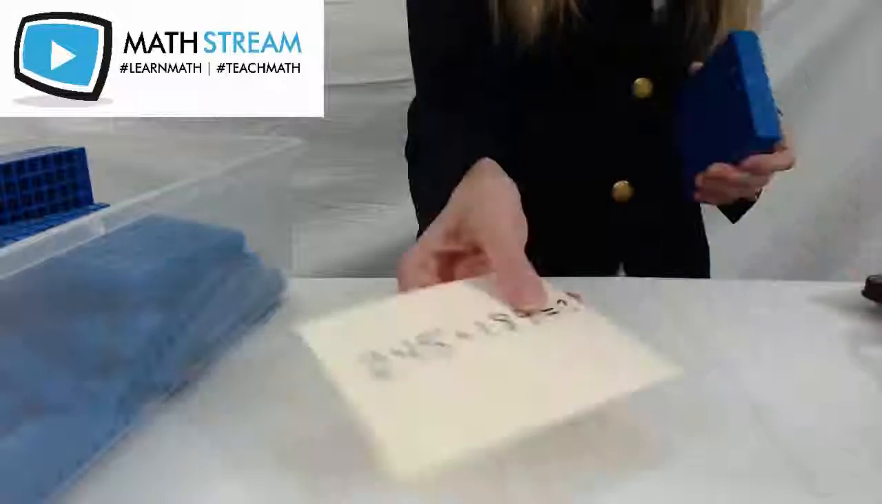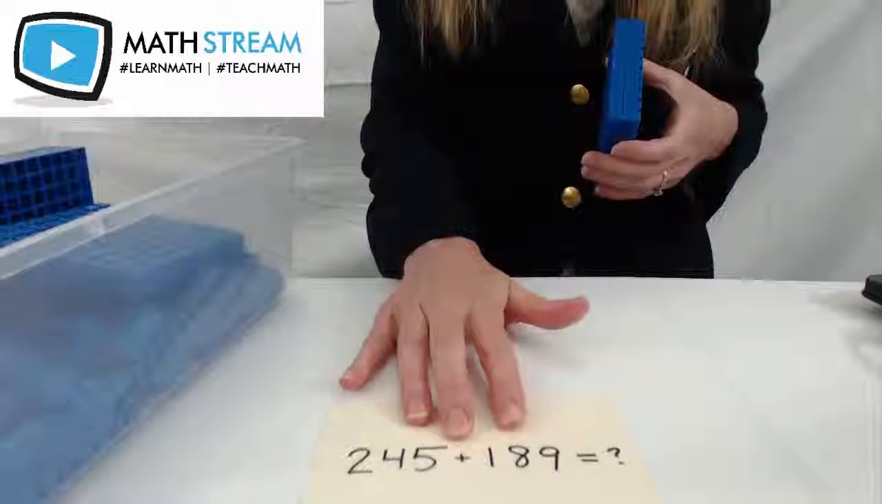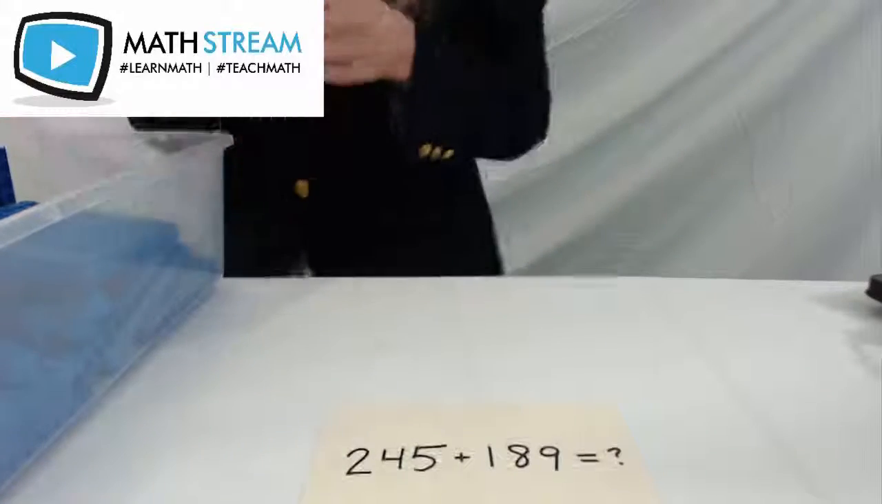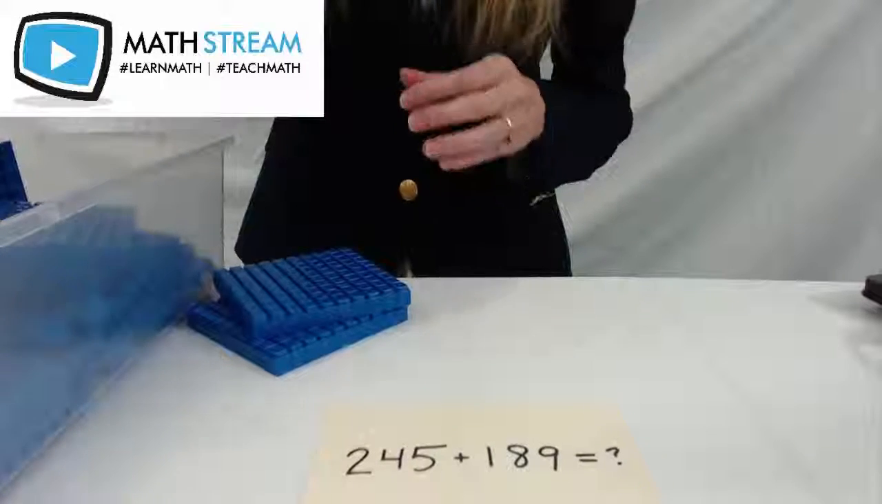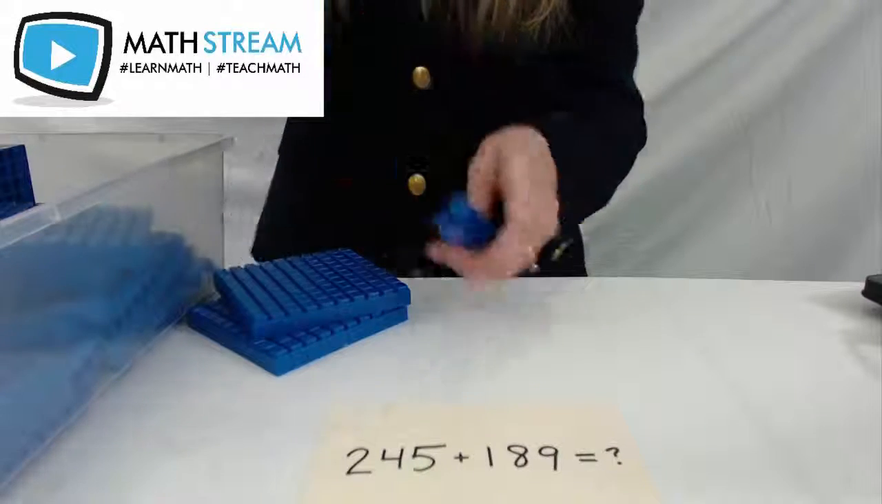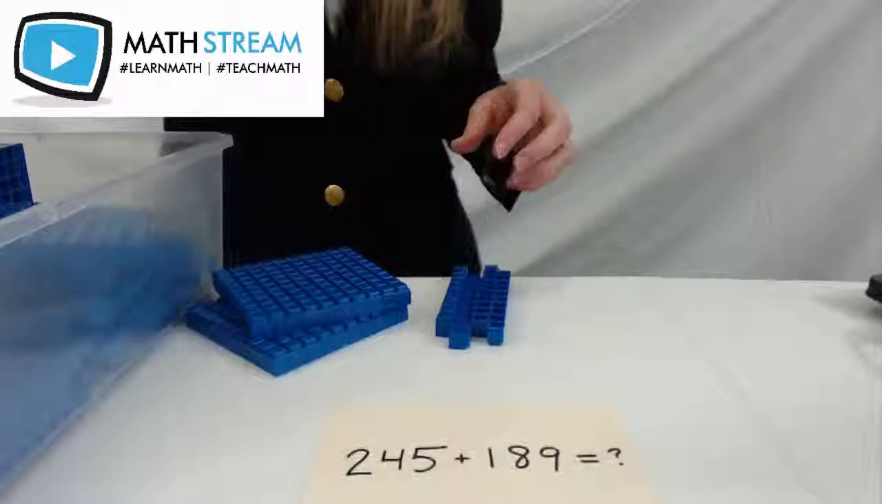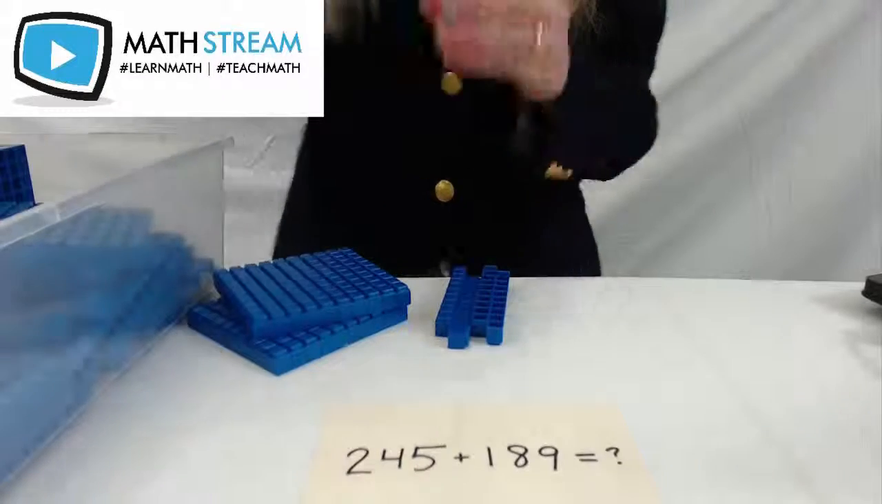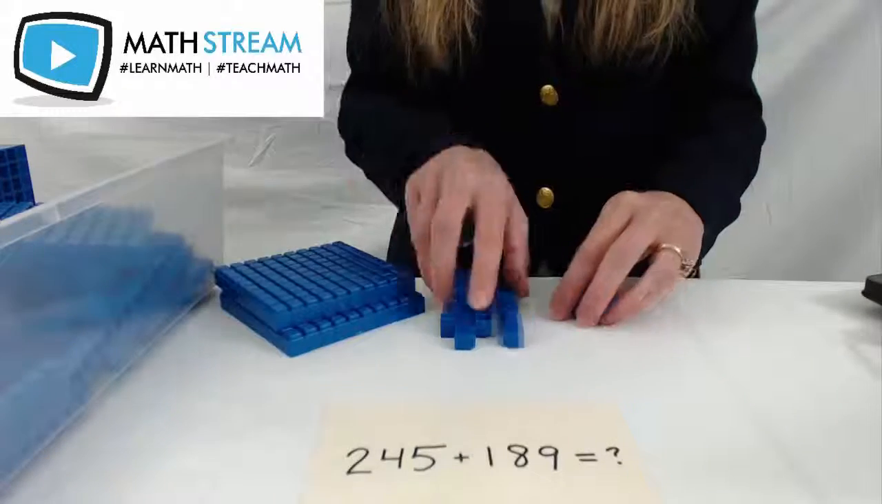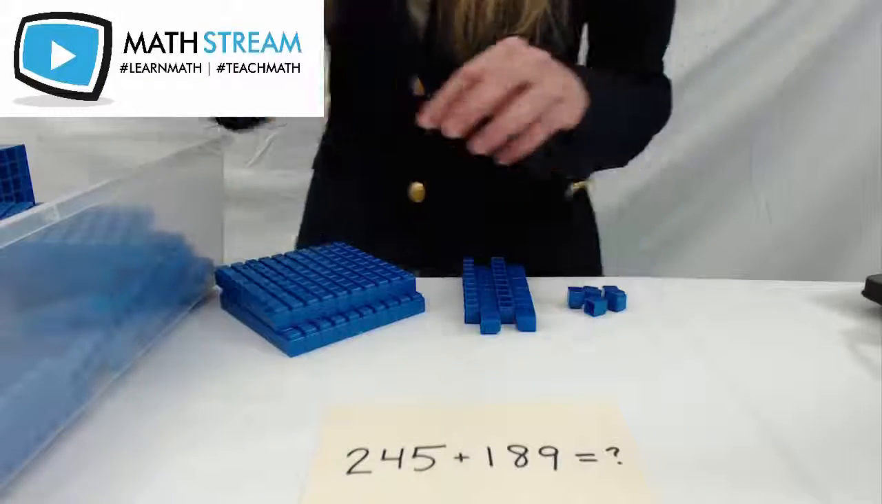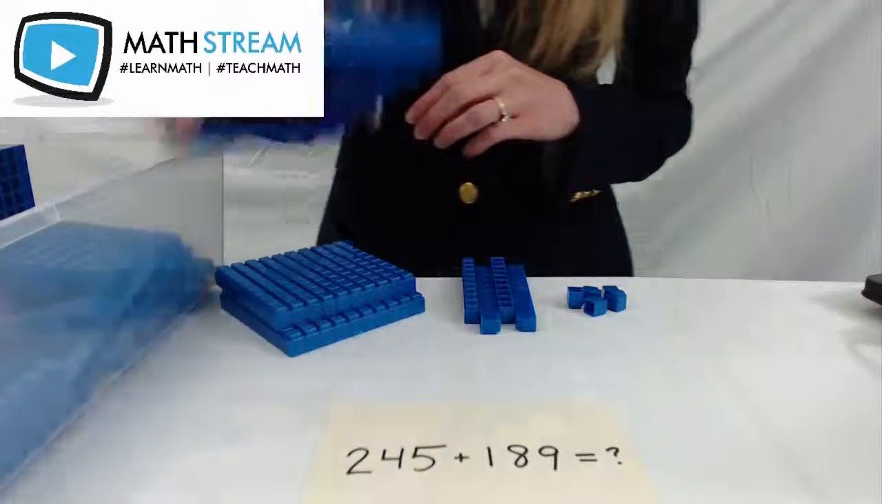So here is our model. We're going to start with 245 plus 189. So first things first, going to model 245. That's 4. That's 5. Okay, so 245. And I want to add on to that 180,